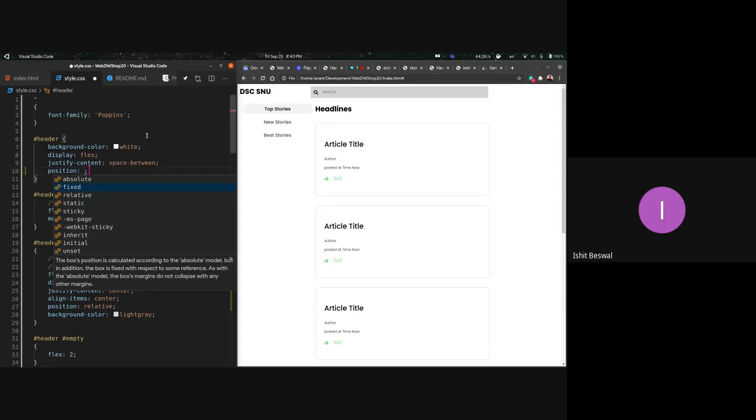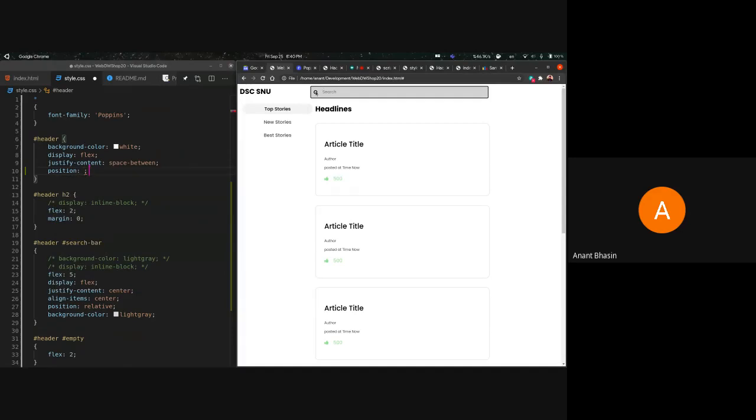It fixes your element at a particular position. And wherever you scroll or wherever you go on the page, that element will always be fixed to that particular position. So just a bit of clarification between this and absolute. In absolute, we made the icon absolute to the search bar. For fixed, it is always fixed to that position on your screen. You can't make it relative to anything else. So that's why sometimes we use fixed.